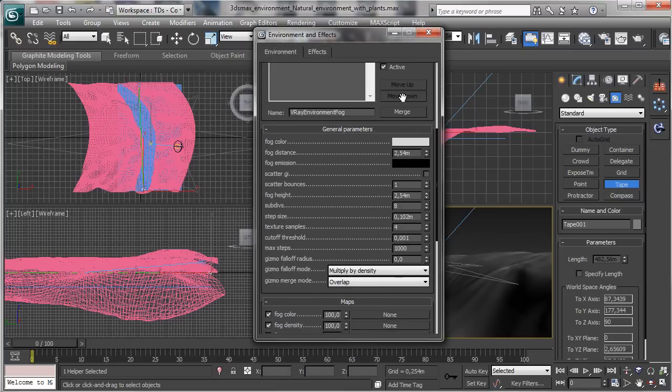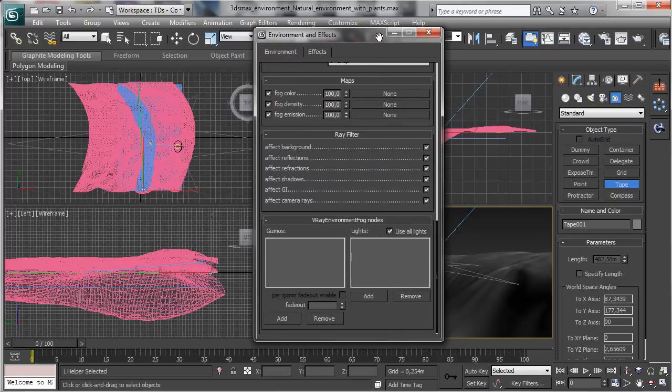We'll use just some parameters to control, and first of all we have to set the fog height, and the fog height we can say actually maybe let's work for 10 meters